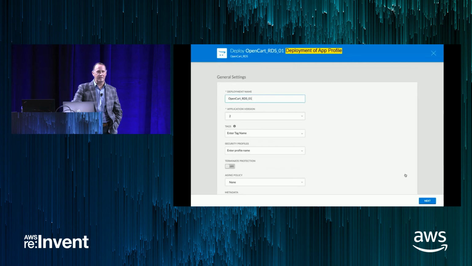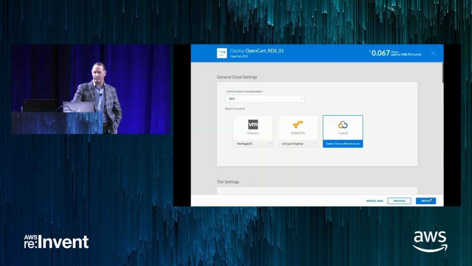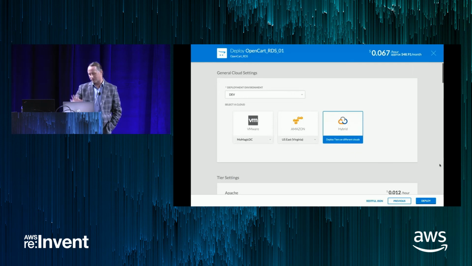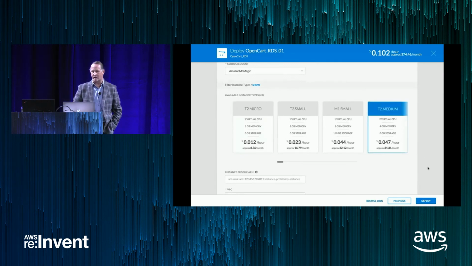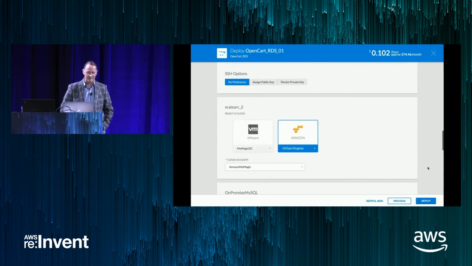So now the user is actually consuming this. This is a catalog item. A user is going in and choosing this. This could be a dev, test, or prod team. We're not going to get into all the details of CloudCenter, but I can now choose where I want to go, what's the right cloud. This is all kind of what the platform controls. What instance sizes do I want?